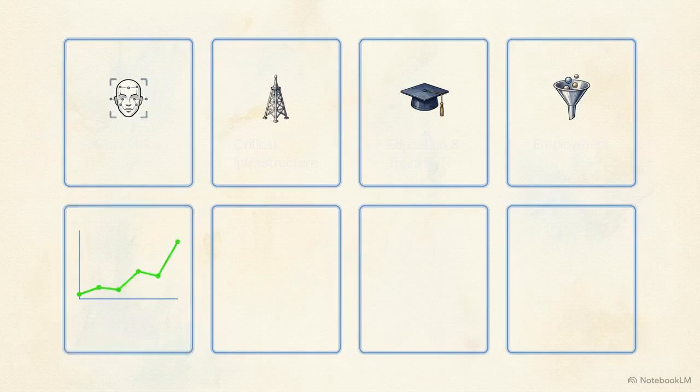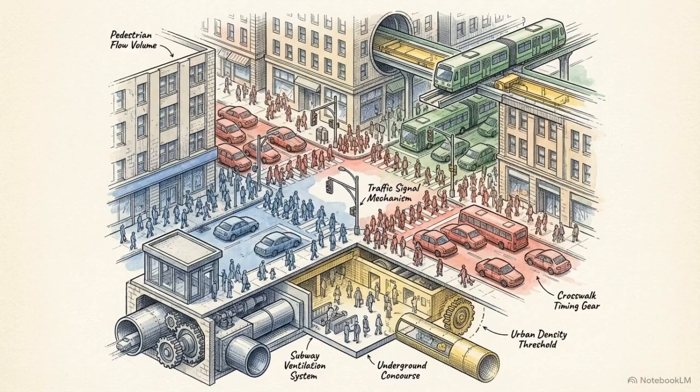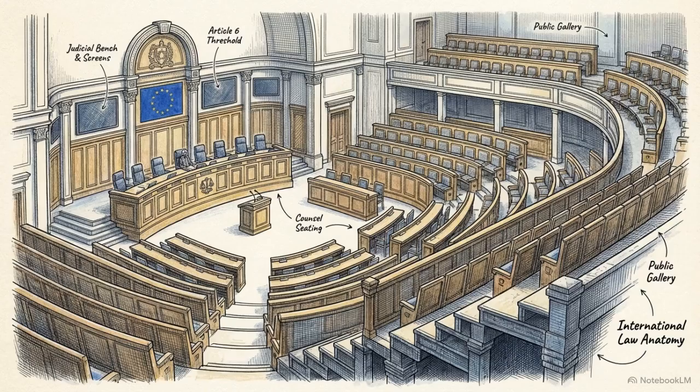The final three categories involve state-level functions, predictive policing, migration and visa processing, and tools used by judicial authorities to interpret facts. These 8 categories govern the basic functions of daily life. The regulation focuses on these immediate utilities rather than hypothetical or long-term AI threats. Software operating within these 8 areas inherits the highest burden of technical proof required by international law.